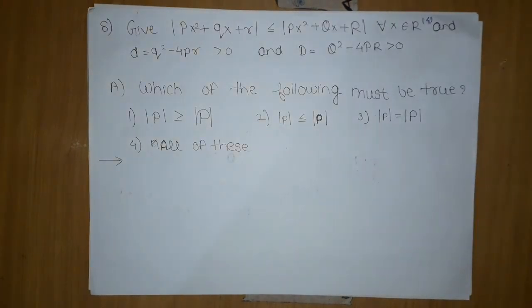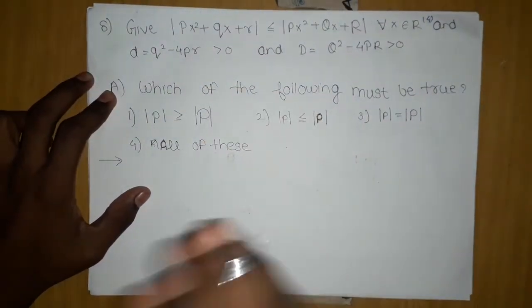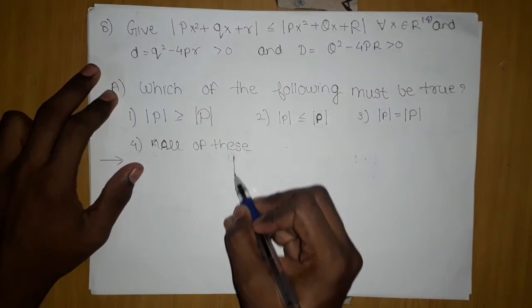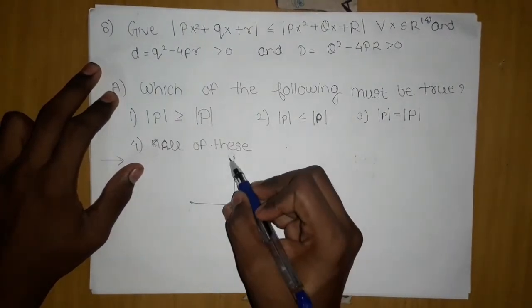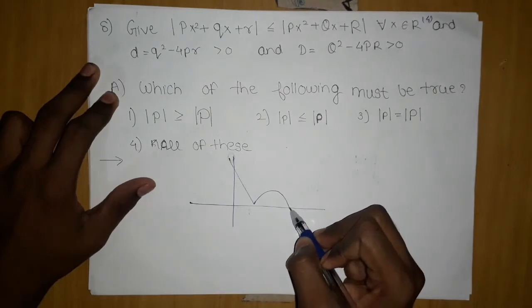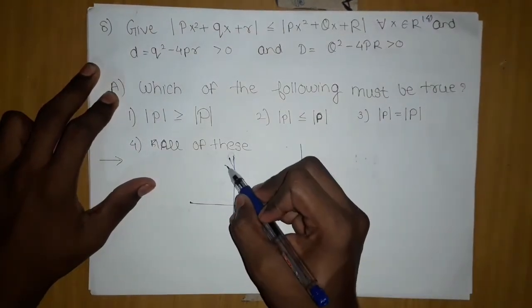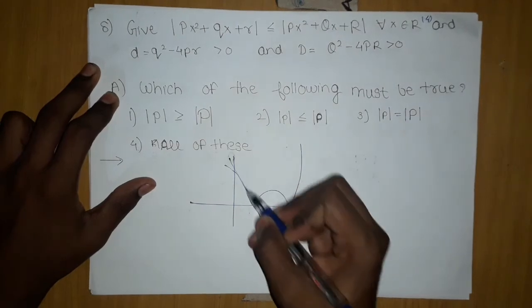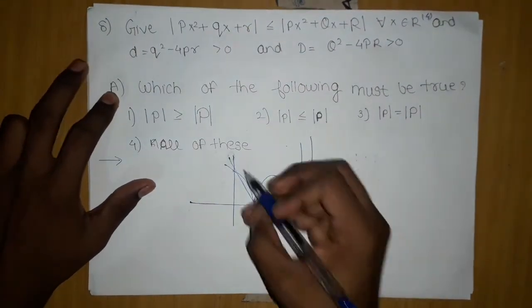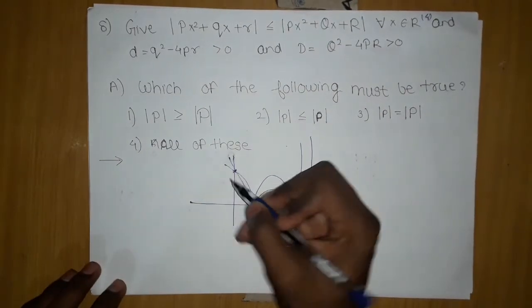Now the first question for this comprehension is as follows: which of the following must be true? Forget about the options for now and just see what I am telling. You are already familiar with drawing modulus quadratic graphs. Although we don't know the values, we can predict its graph. It will be something like that. It will move up like this, and the next will come like that as well.